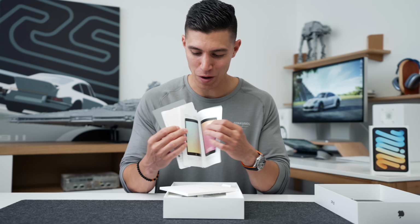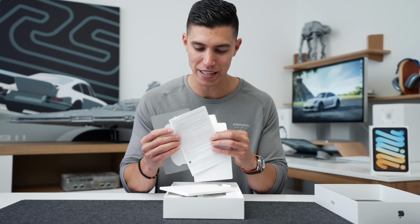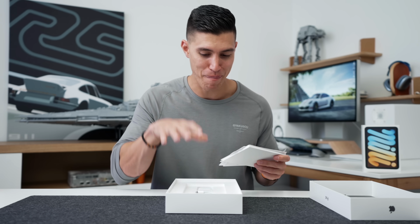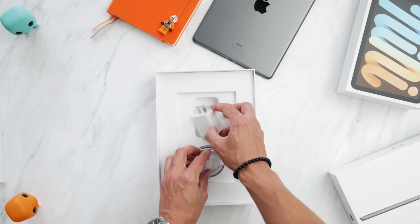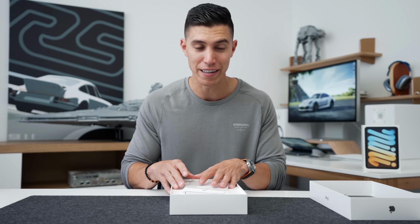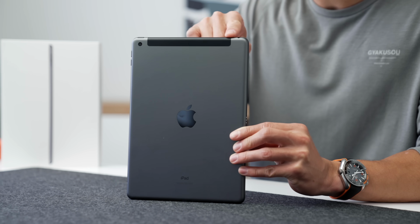But we've also got the quick start guides and a little SIM card slot tool because I do have the cellular version as well. And Apple stickers in white, you'll still get 2. Nice to see that we haven't reduced the box size of the iPad yet. You've got a 20-watt charger and a Lightning to USB-C cable. Nice to see that Apple didn't slim down the box and get rid of the charging cables like they did for the iPhone line. And here is the iPad as it boots up, and you can see cellular version, it's